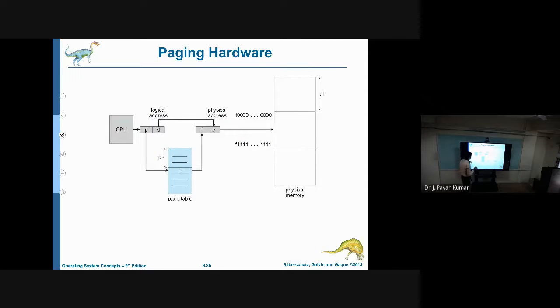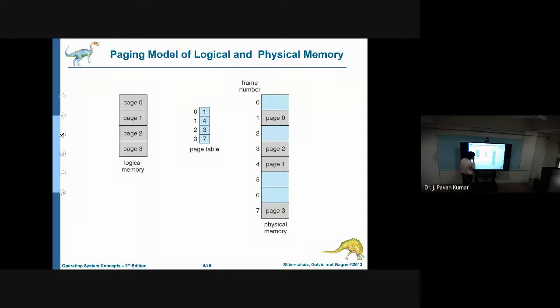Next, this is the page translation which we have seen earlier. This is the logical address space. From the page number, we get the frame number, like 3, 15 will be transferred to 11, 15, where 15 is the offset. So the frame number we get from this page table, and then we can access the corresponding main memory or physical memory. This is the page table, where we have the corresponding pages. The 0th page is in the first frame, the third page is in the seventh frame, like this.